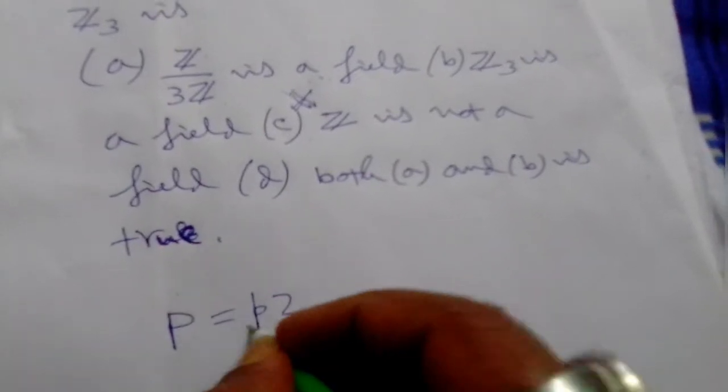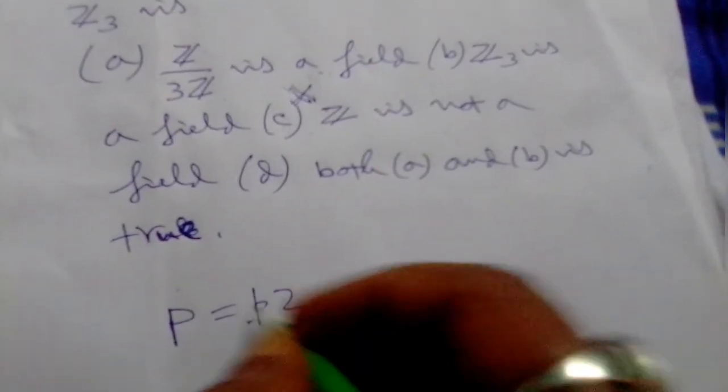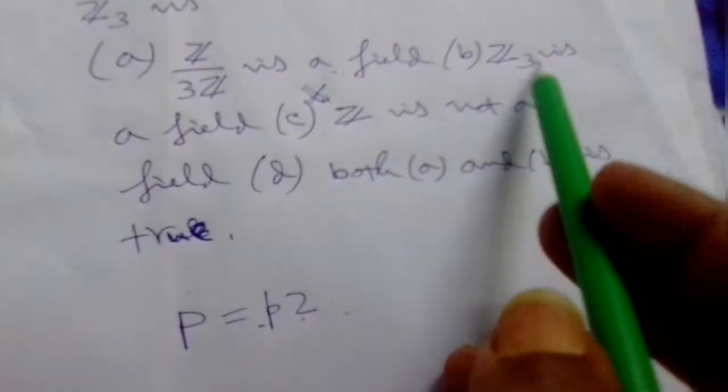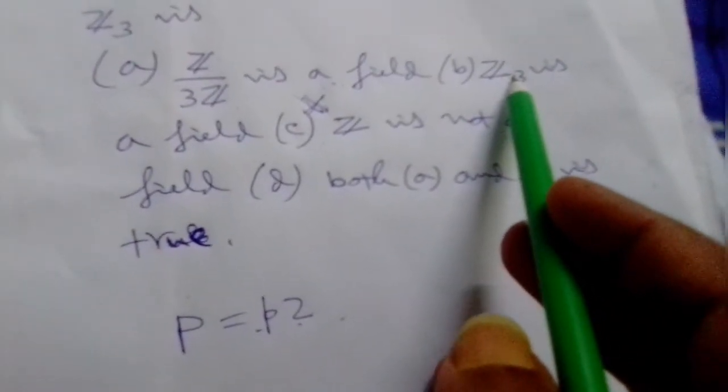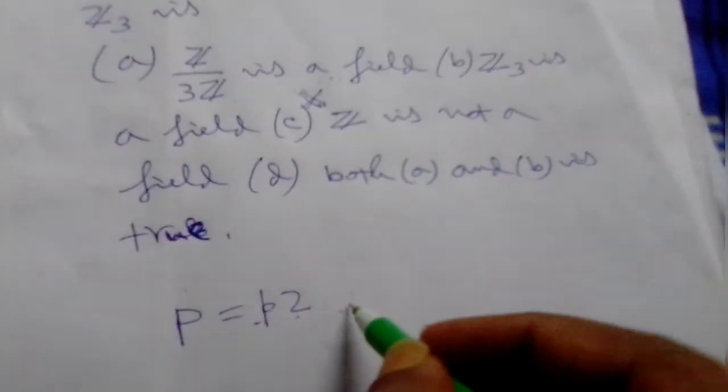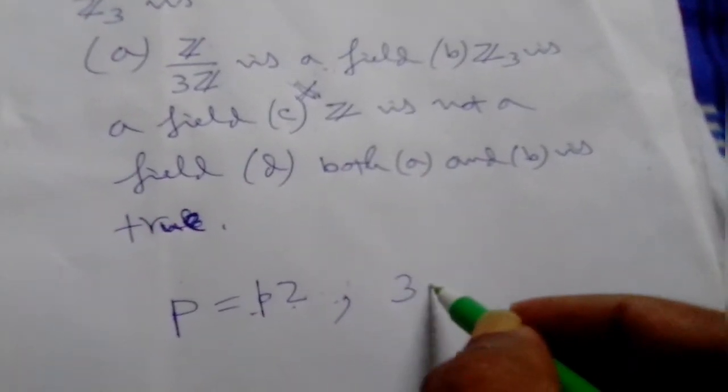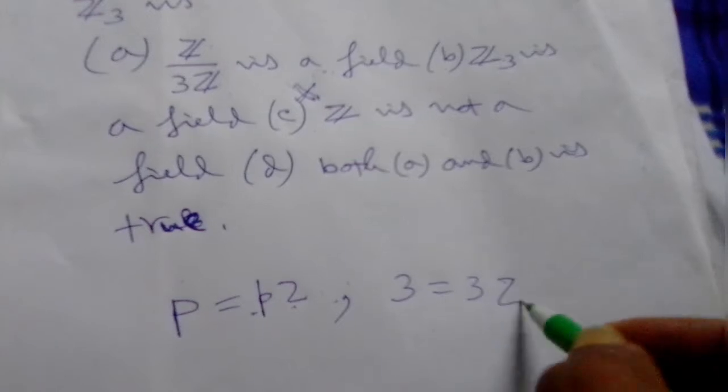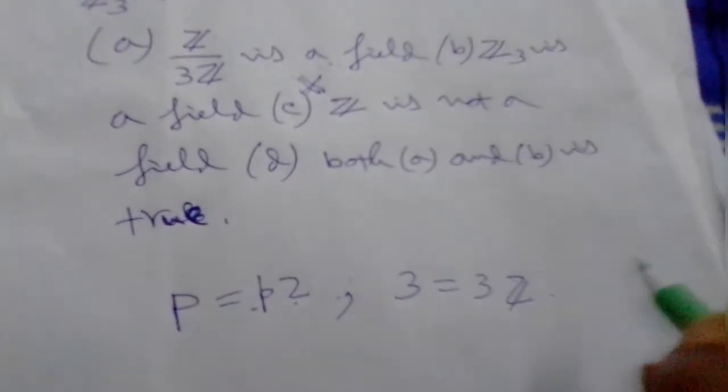And now this ideal is generated, and here we consider 3 is a prime number. So here obviously this 3 is generated as 3z in these areas, and